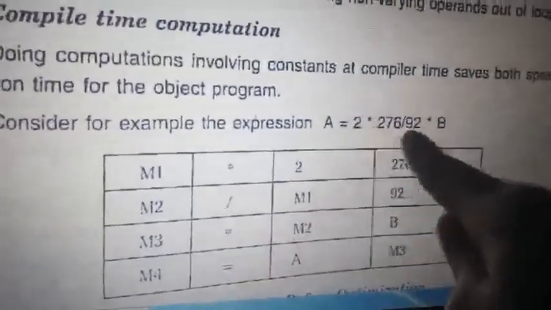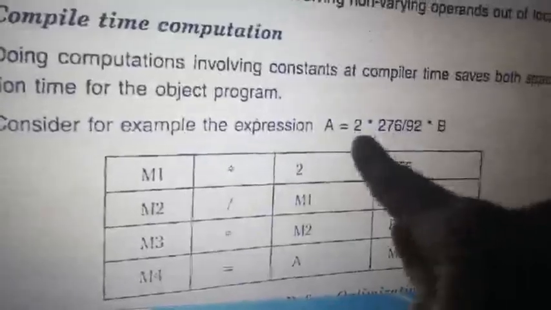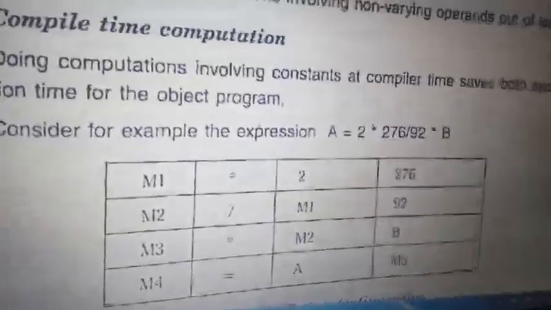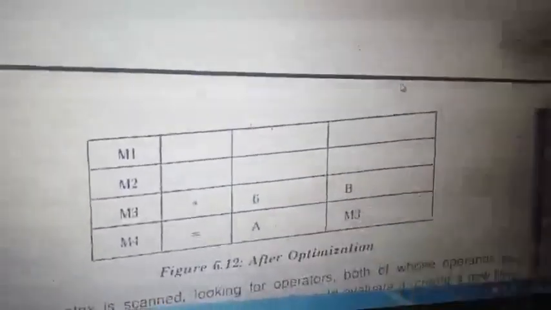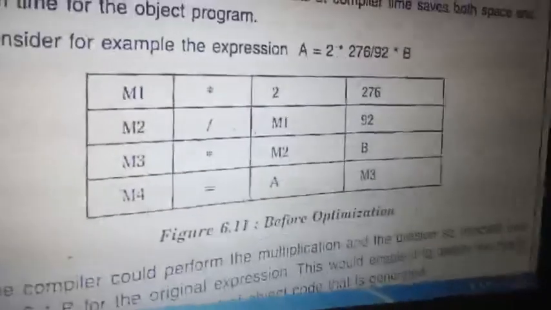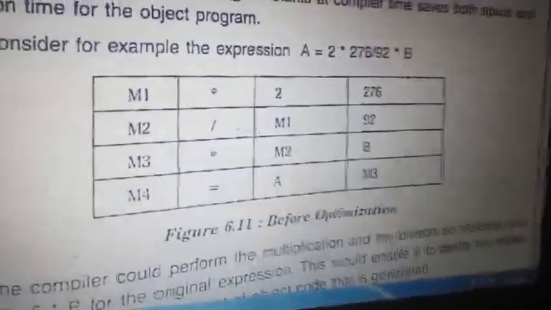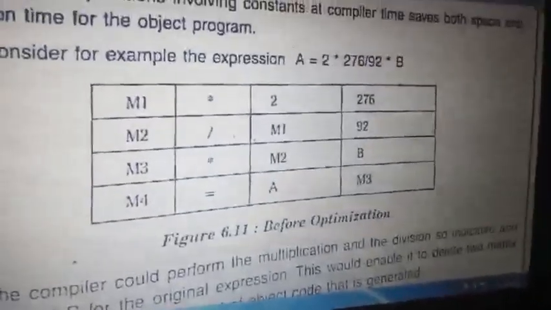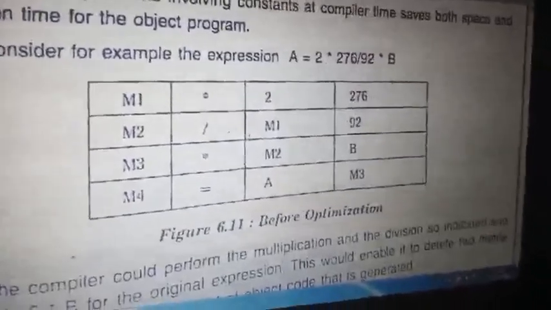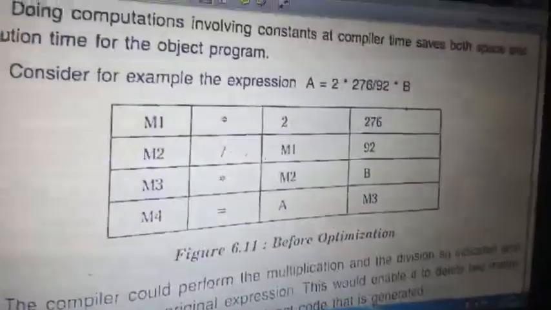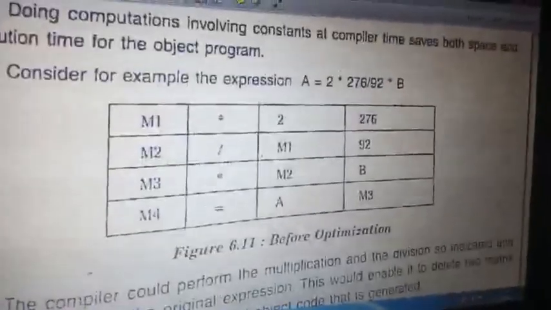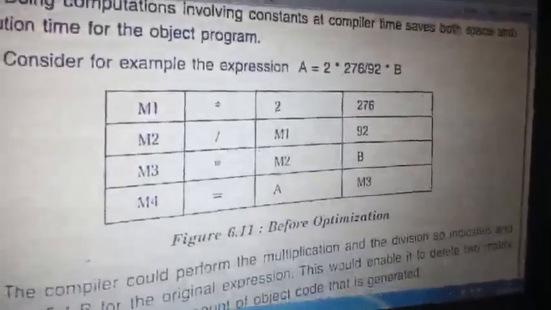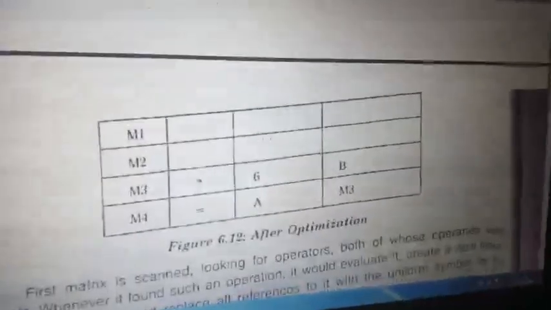These are constants, so you can do the calculation directly, and do only one task instead of four separate steps. If you divide everything, you get 6, so 6 into B is very simple. Instead of having such a large expression, if you have constants, simplify and write the code. This is the second code optimization, machine independent; this type of optimization should be done.